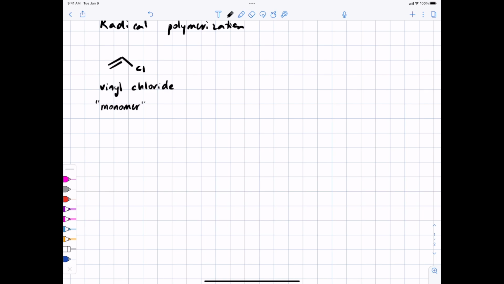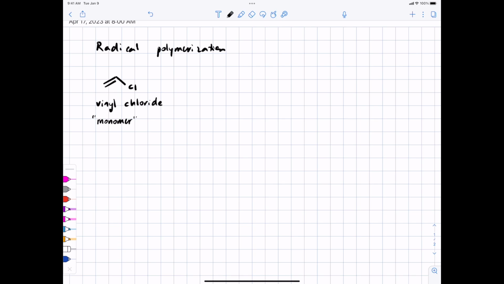All right, so in radical polymerization, you need some kind of initiator. I told you what some of those initiators can be last time, but the polymer ends up being so large that the initiating group is only a very, very small portion of the polymer, and so people generally just forget about it. If you're dealing with a chain that's really, really long, most of your molecule is the actual chain and not the ends. And so we don't worry so much about the end groups, and they don't really affect the structure of the polymer that much. So you have an unpaired electron, and then you have